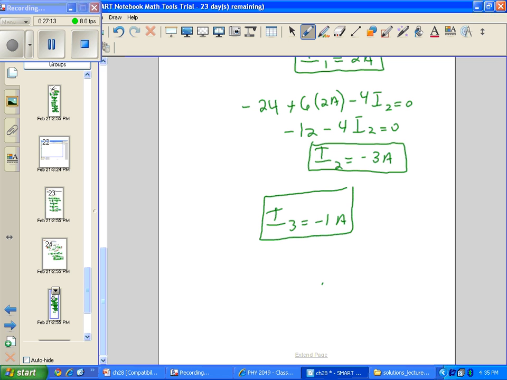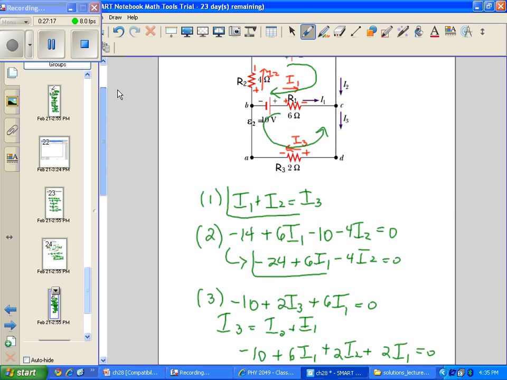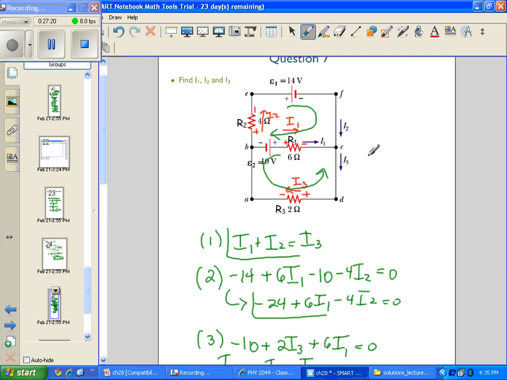Here again, the direction was guessed incorrectly, but we leave it at negative, except that we recognize that in fact, I2 should have been downward along R2, and I3 should have been left to right across R3, but